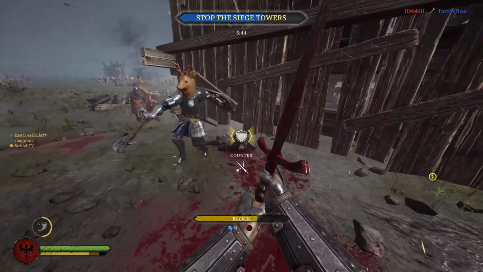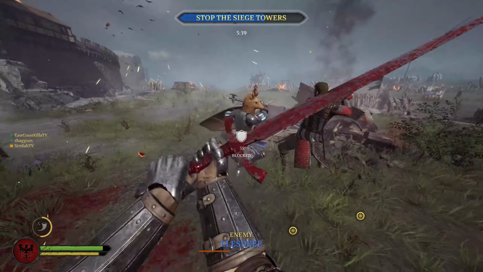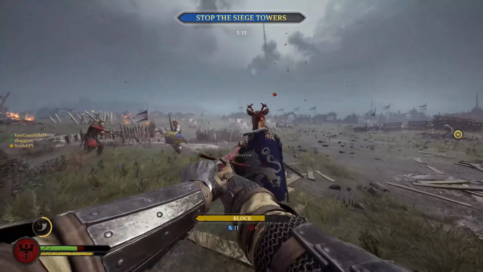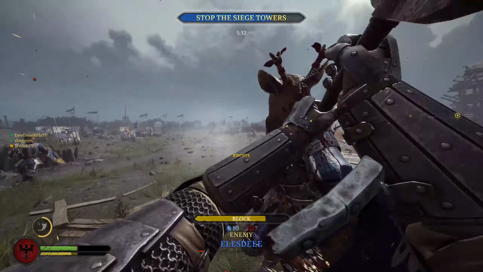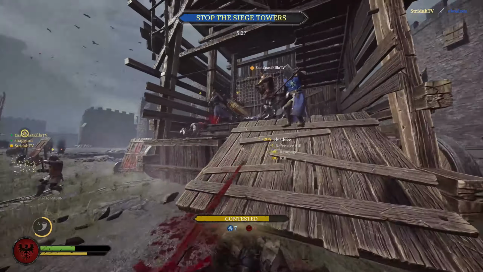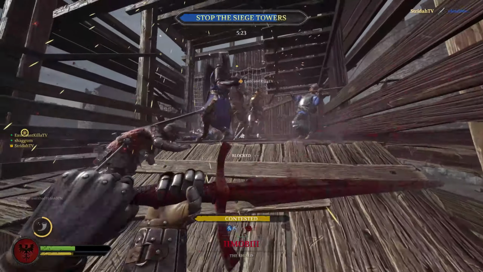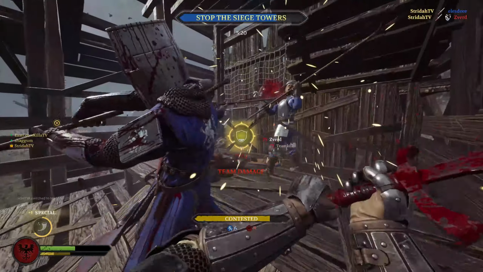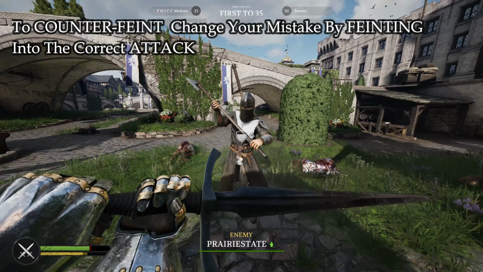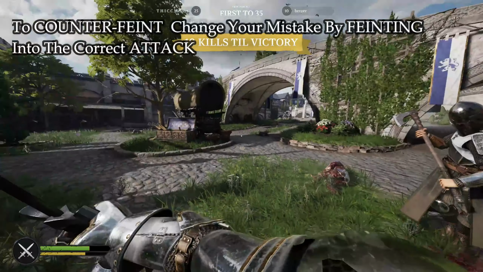Now again, if you're like me and not perfect, you will sometimes fall for a well-timed feinted attack, and Torn Banner has given you a get-out-of-jail-free card in the form of the defensive feint or counterfeit. Remember how on offense you can feint one attack into another? Well, on defense you can feint or change your defensive counter into a second counter. So for instance, if your opponent throws a slash into an overhead and you fall for it by throwing out a slash to counter their initial attack,